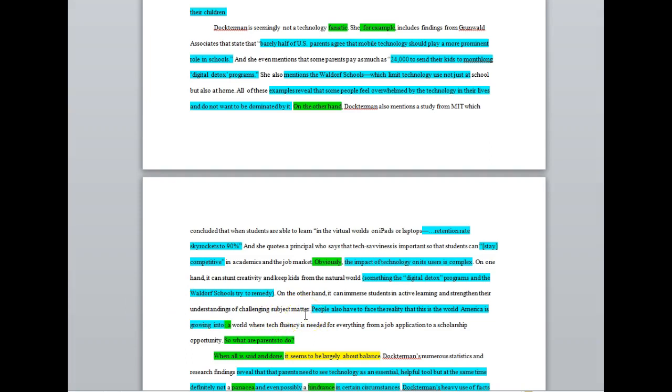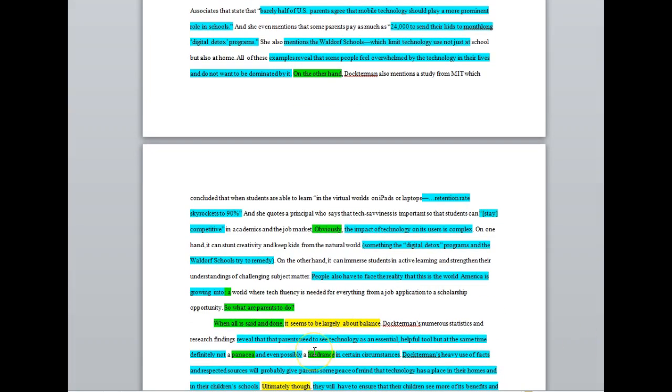People also have to face the reality that this is the world America is growing into. Again, you see that colon. A world where tech fluency is needed for everything from a job application to a scholarship opportunity. And this is interesting. Right here you have what's called a transitional sentence. And that's that question, so what are parents to do? And this is not a bad idea because it really shows analysis as well, because it shows how parents are supposed to react to what Dr. Min is saying. So the response is, when all is said and done, good again transition, it seems to be